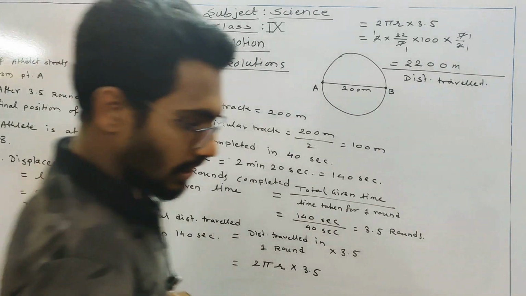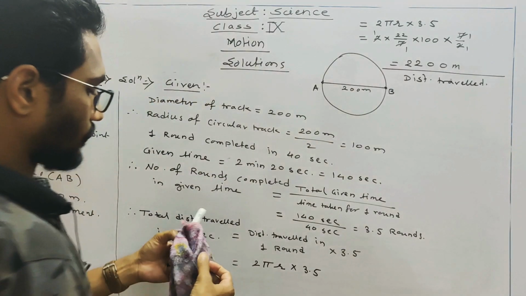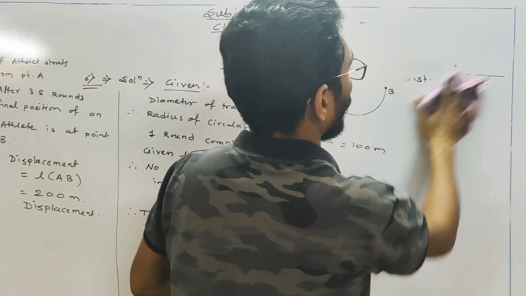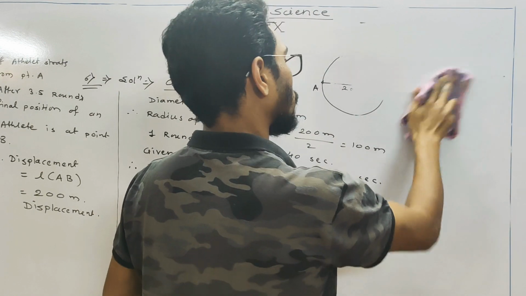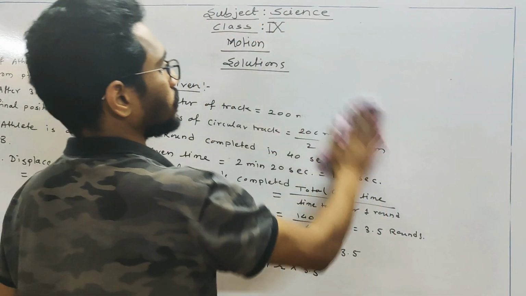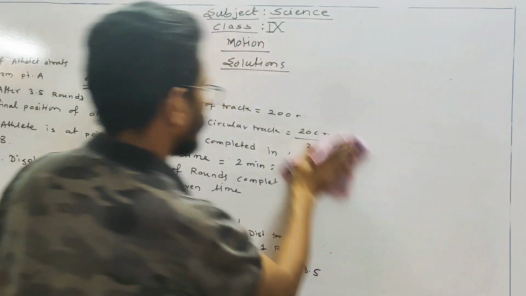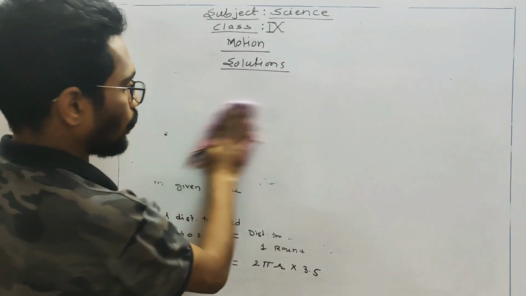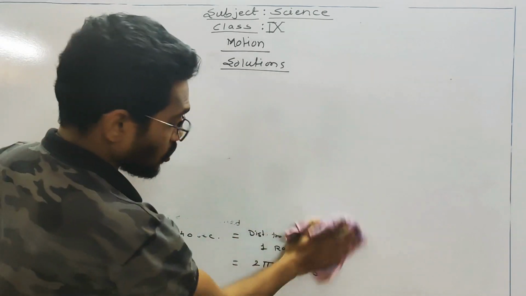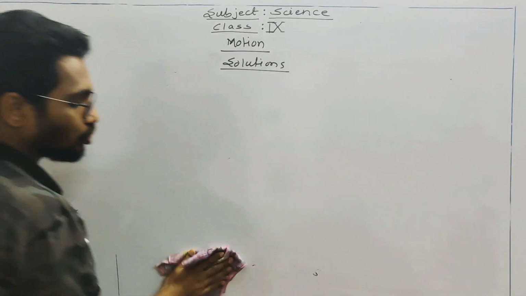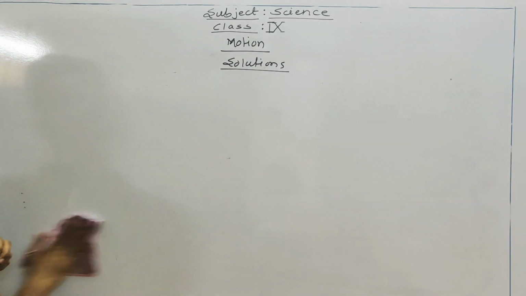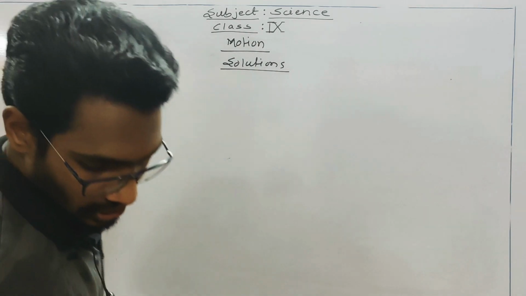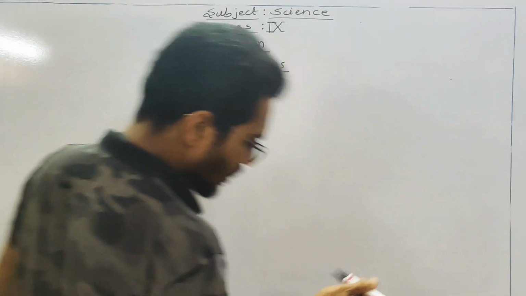Now, the next numerical from the test. Hope you solved the test, then only you can enjoy the solutions. अगर आपने सॉल्व ही नहीं किया है तो फिर ये सॉल्यूशन देख के कोई मतलब नहीं. फर्स्ट solve the test, then only go through this link and then see the video. Okay. Now moving towards the last numerical of this test, that is numerical number 7.